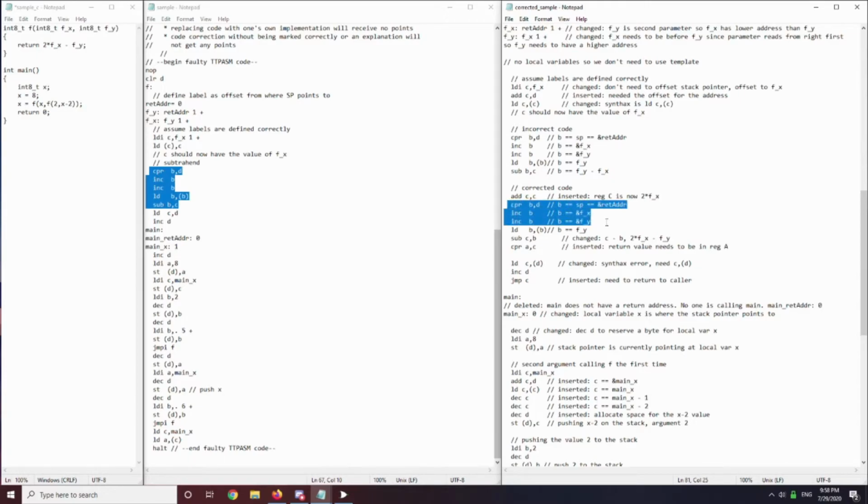This part we can leave, because this part was right. This whole section right here was because we got the address of B, or the stack pointer, and then incremented the stack pointer all the way to the address of f of x, and got the value of f of y. And then down here, we changed the subtraction instruction to C and then B, right? Because the subtraction is